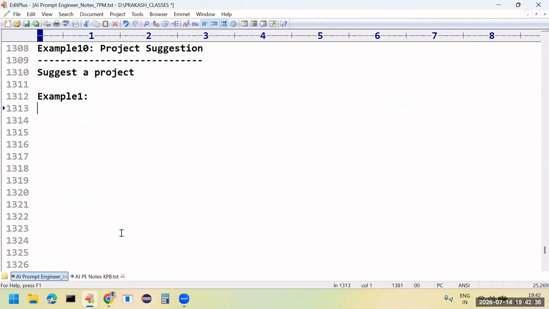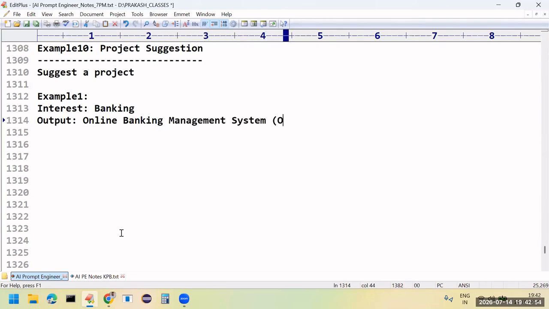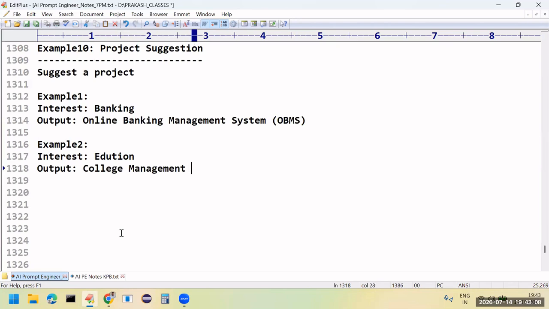Example 1: if the area of interest is banking, my project title should be online banking management system, OBMS. Second example: my area of interest is education. What project can you develop? College management system, CMS.